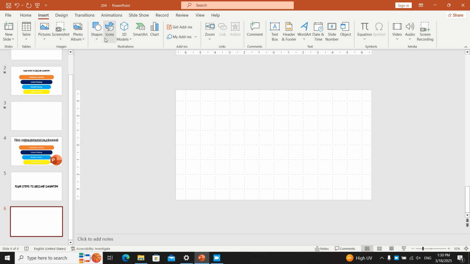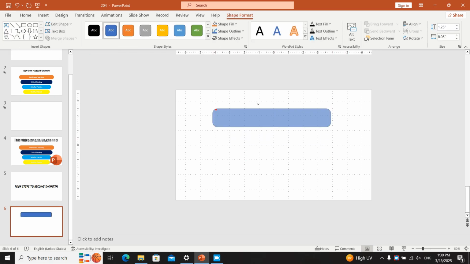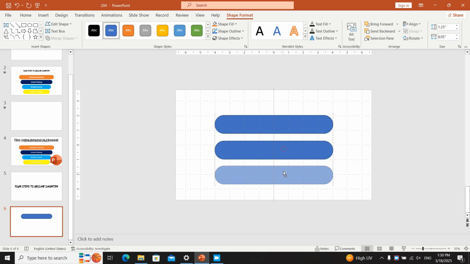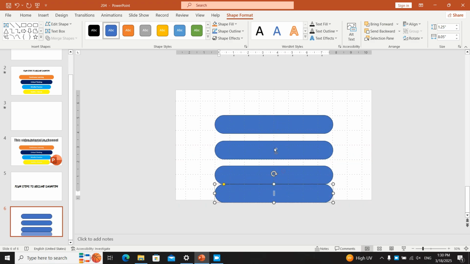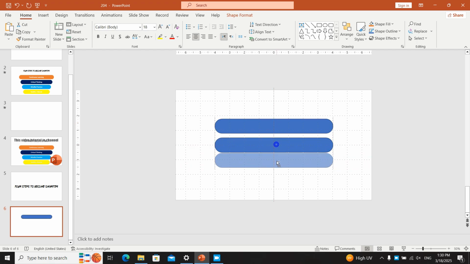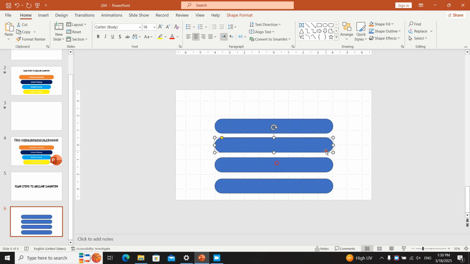We go to Insert, this shape, this thing, select this and round it. We align it center: 1, 2, 3, 4. No, it's not. Let me just make it a little smaller. 1, 2, 3, 4. Okay, now we need to reduce them in size a little,